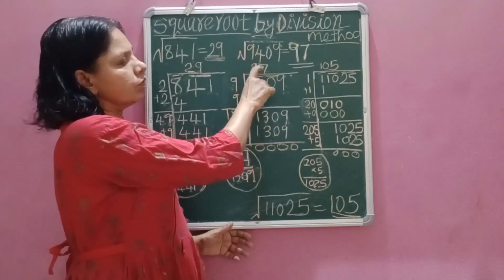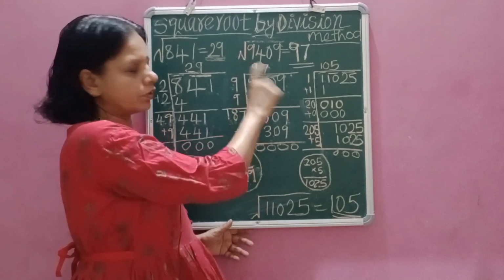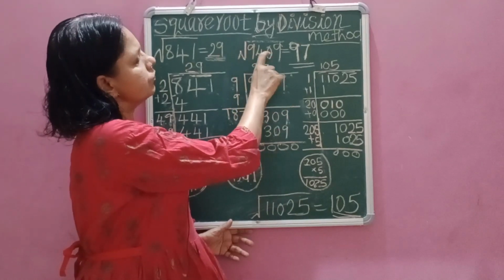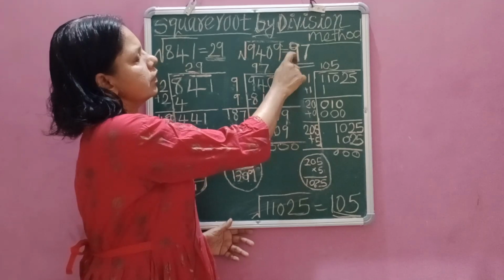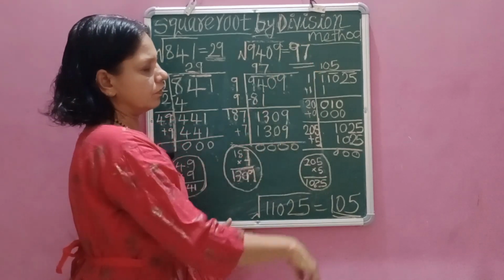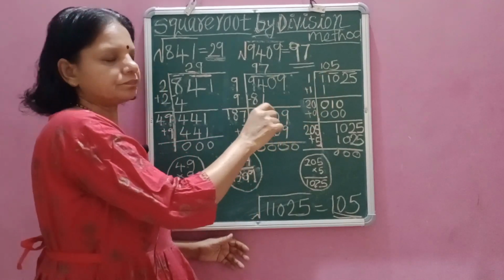So here the quotient obtained is the square root. That is, square root of 9409 is 97. Another example,